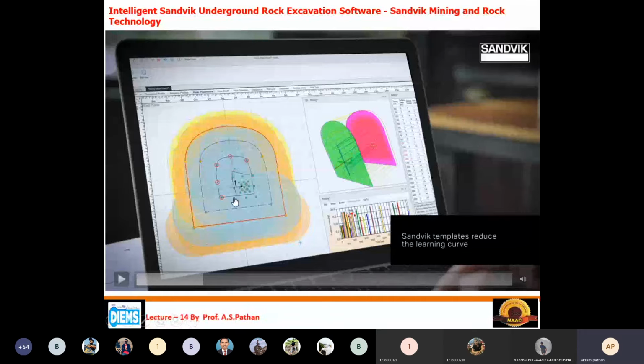Once you select the purpose of the tunnel, for example if you want to construct the tunnel for railway or highway, and depending upon the type of rock, if the length of the hole is 5 meter and the diameter is 0.3 meter or 0.2 meter or 0.4 meter, automatically you can see it in 3D also.